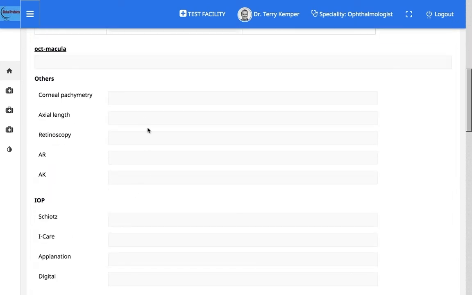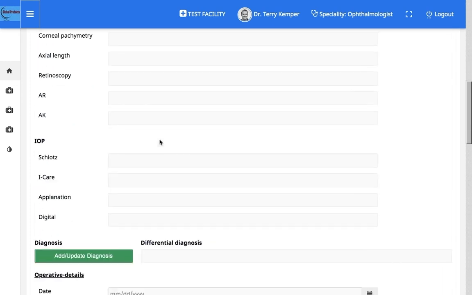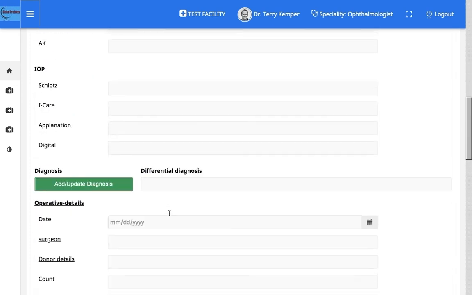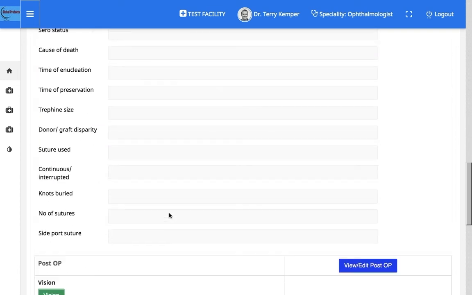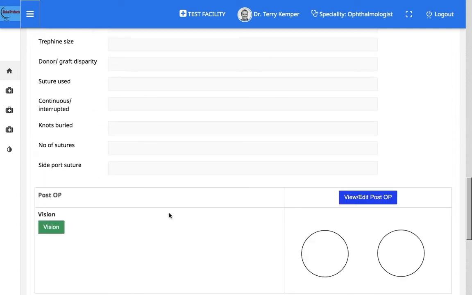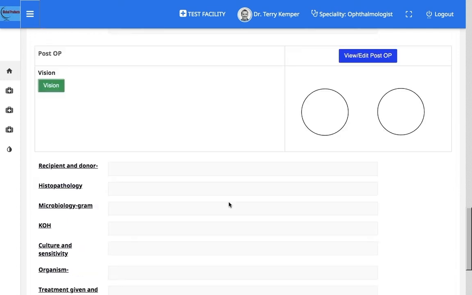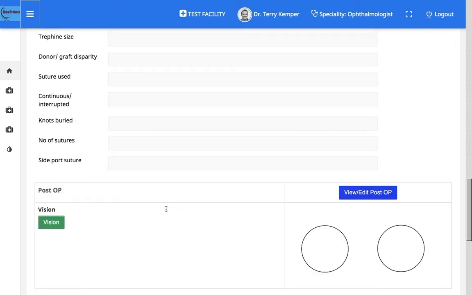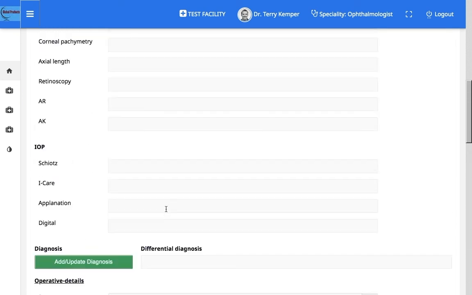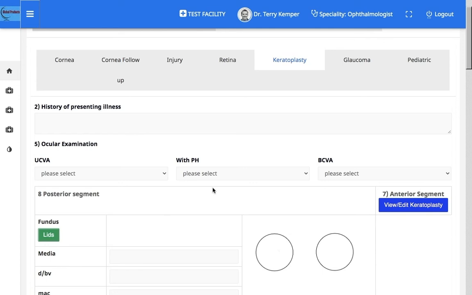Then under others, axial length, retinoscopy, IOP, Schiotz, eye care, applanation, digital, operative details, post-operative details, vision, culture, sensitivity, organism, and follow-up. So this is the keratoplasty subspecialty.